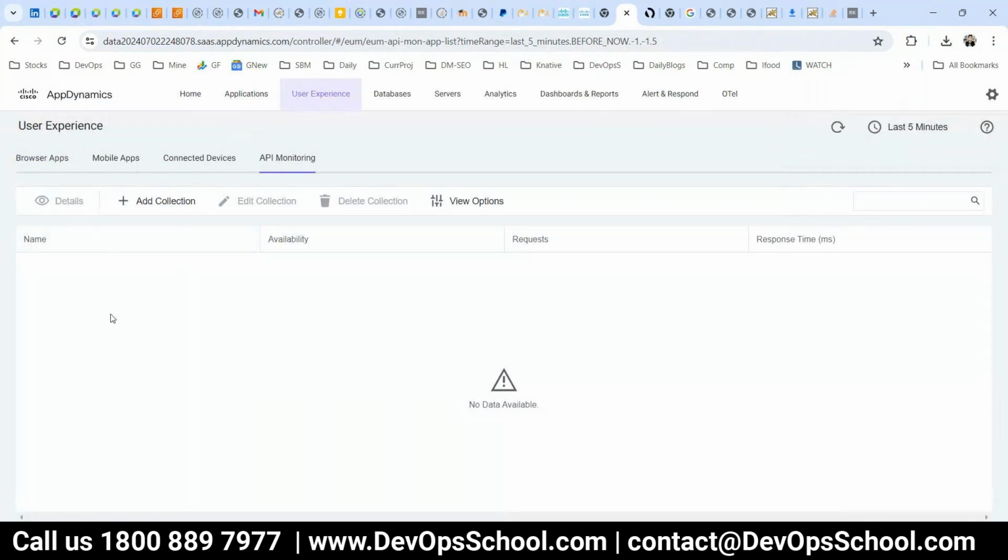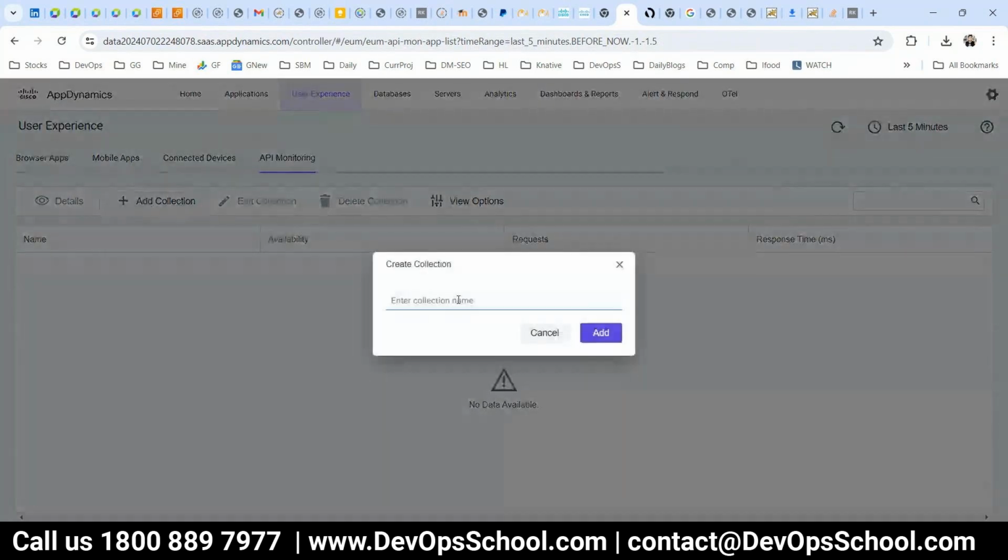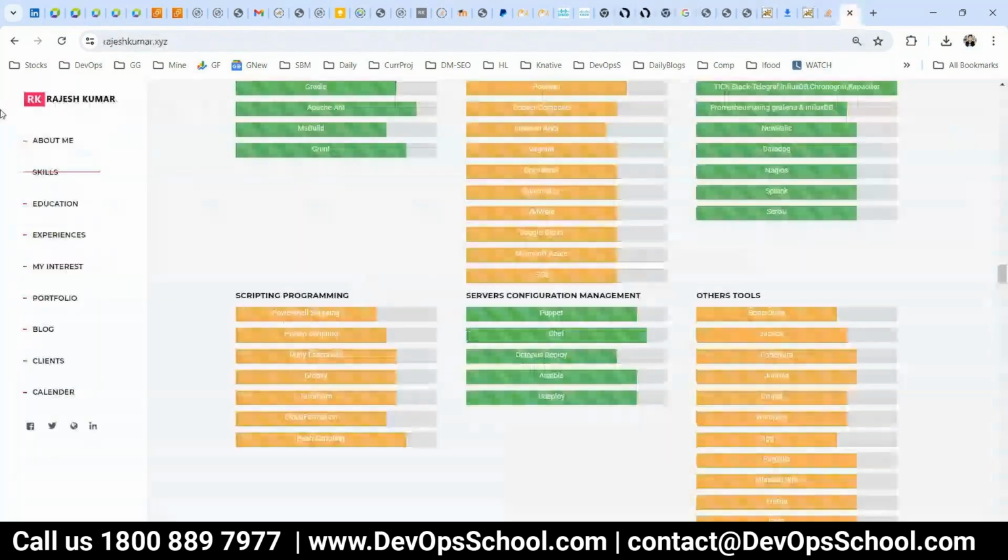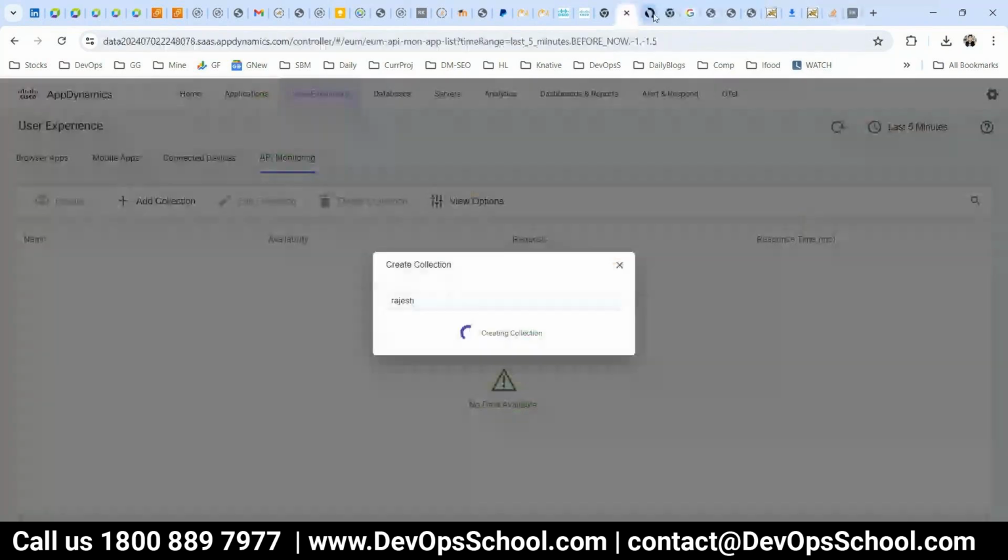but in the cloud, API monitoring is on top. Here click on add collections, name Rajesh, click add, and the same thing which I showed you in the done address, you have to add the URL for monitoring whether it's okay or not,